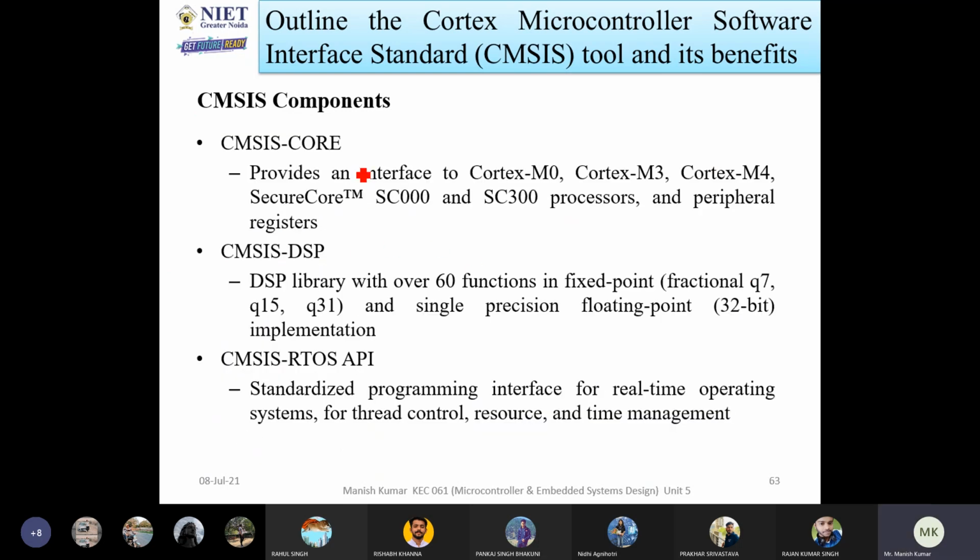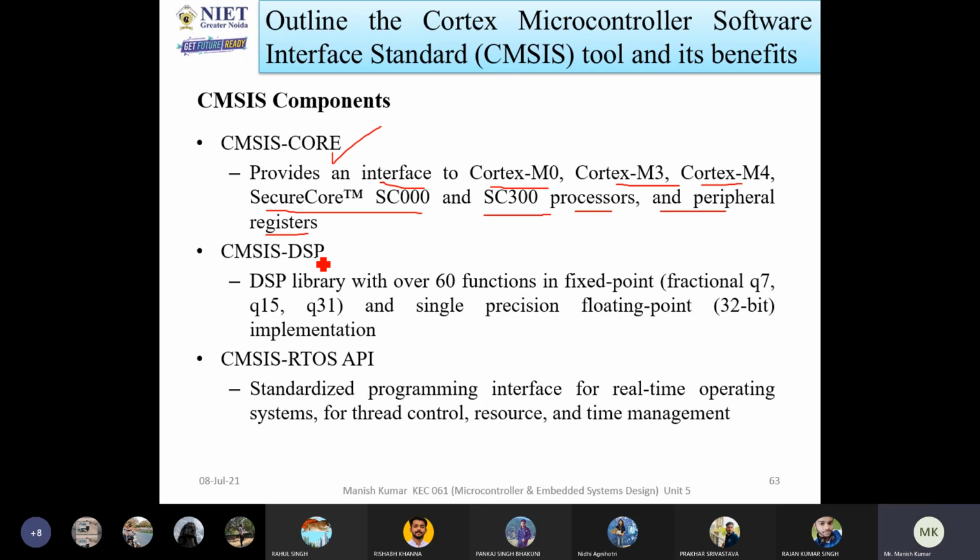Whenever we are talking about CMSIS-CORE, it provides an interface to the Cortex M0, M3, M4 processors, and also the SecurCore SC000 and SC300 processors and peripheral registers. So in CMSIS-CORE, you can consider any type of processor, depending upon your application.